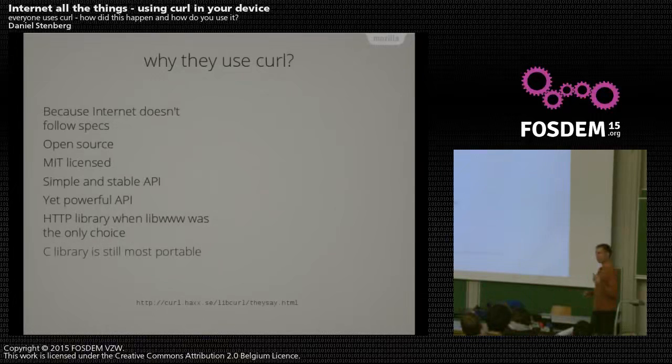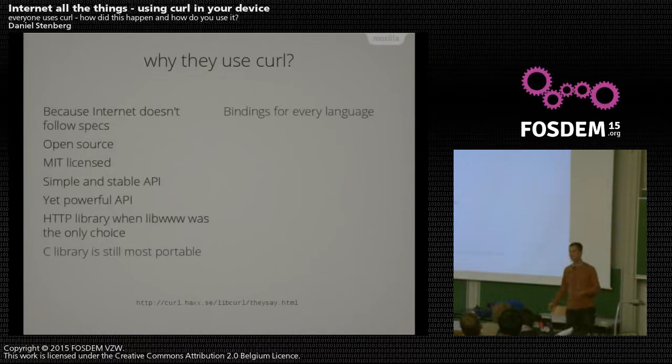That means that we're not only talking Linux. We can actually build and run on all sorts of RTOSes and BSDs and whatever. And yeah, there is some effort to make sure that we actually build and run and work on all these systems, but there is no other internet transport library even close to the portability that libcurl is. And of course, we have bindings for every language. I can say this with a fair amount of certainty. I'll show you the list soon. It's actually more languages than I know ever existed.